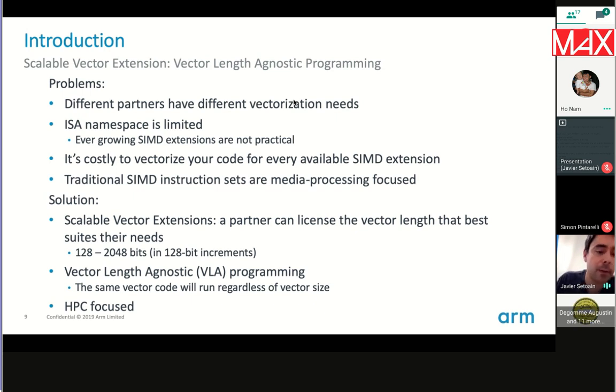And lastly, but not least, is the SIMD instructions. The classic SIMD, they are designed with media processing in mind, not HPC. So the solution from our side was to create scalable vector extensions, so partners can license the vector length that suits them best. It has to be in increments of 128 bits, so it can be 128, 256, 384, 512, all the way up to 2048. All of those are valid vector lengths for our